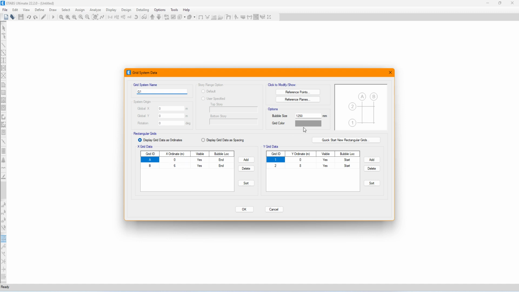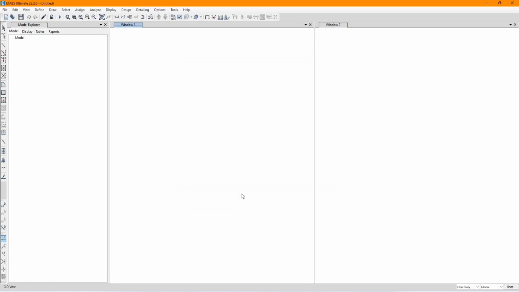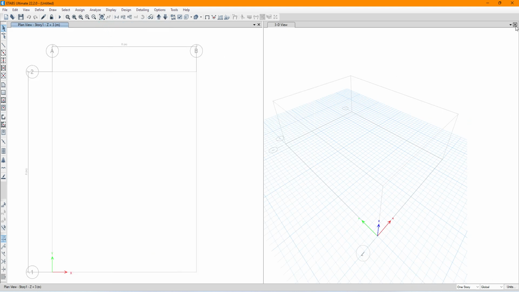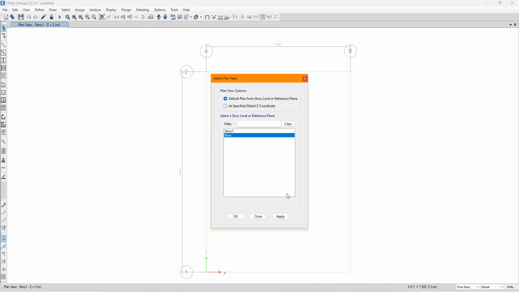Clear? I will decrease the bubble size. Click on OK. Yes, you just close the 3D view. So go to plan, base,